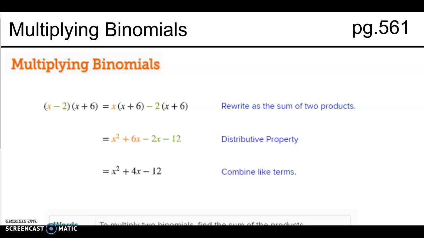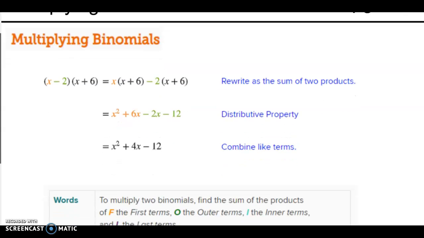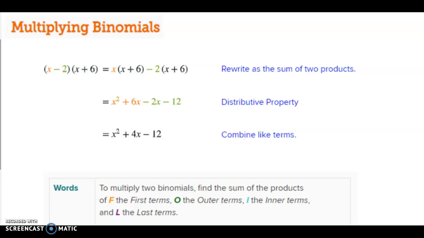All right, hello students. We're looking at 10.3 today, multiplying binomials, which is going to be two of these different binomials being multiplied by each other. We'll see some polynomials later, but for now, there's a couple ways we can look at this. All right. So first of all, the way that I like to look at it is down here